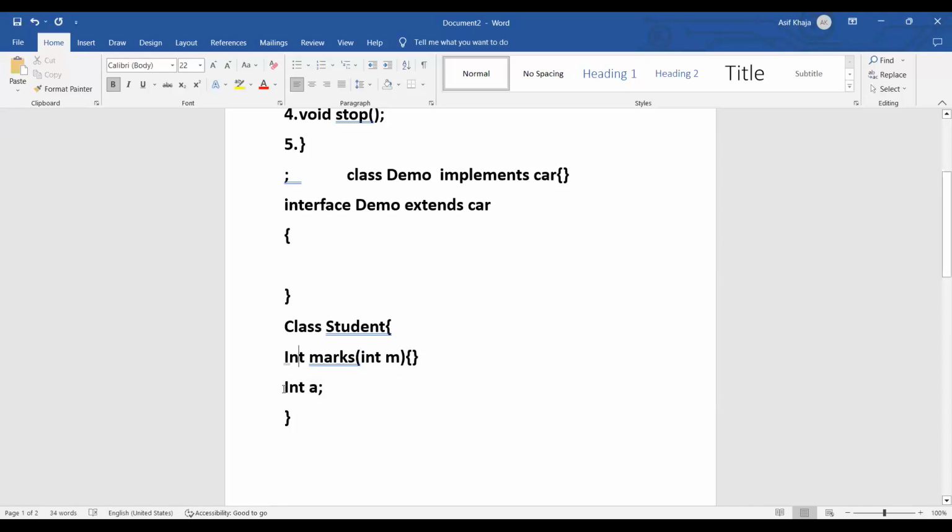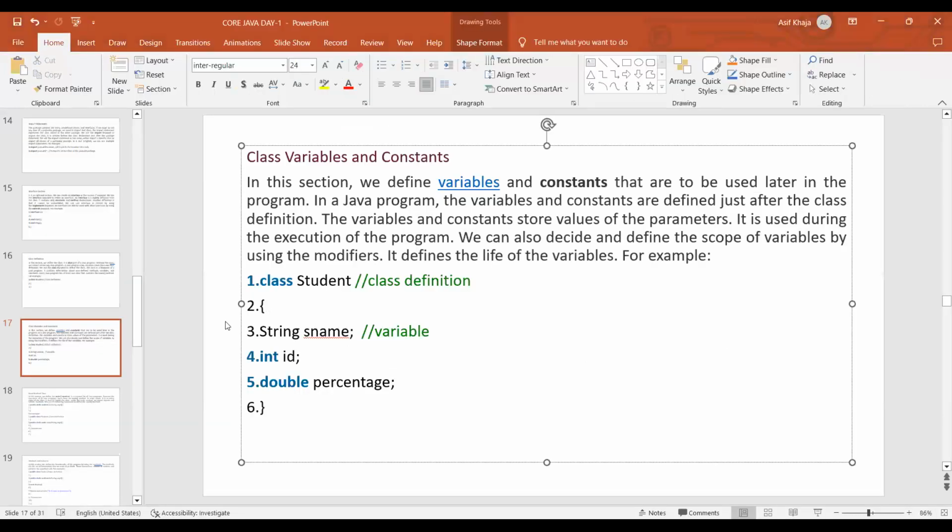So the structure that Java follows is, first we have to define the variables and constants before the methods, means at the initial, the starting. First, after the class definition, we have to define or declare any variables and constants. Like this is the example, class Student, this is the definition part, and then immediately after that, we are going to define this